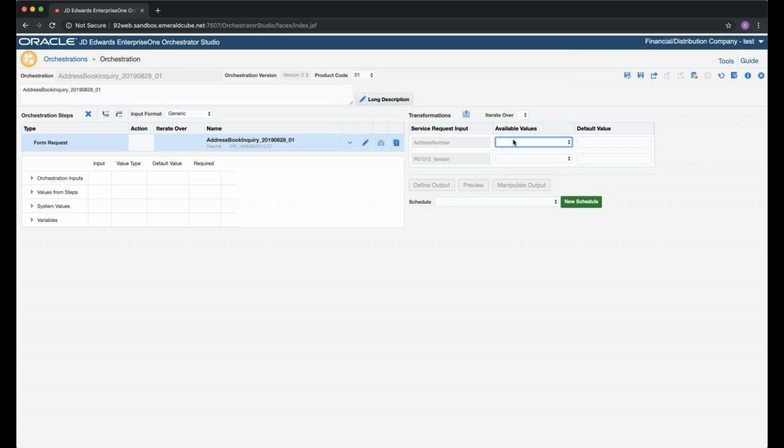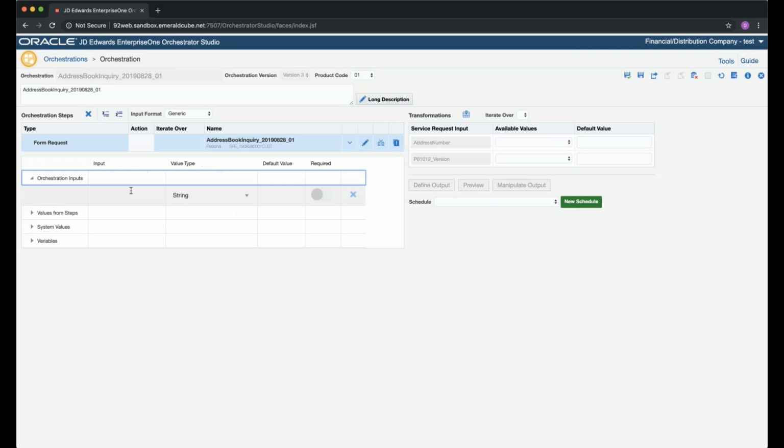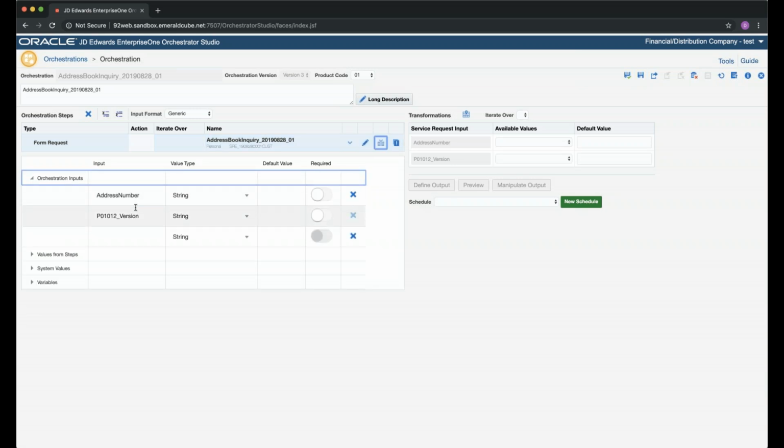Now, if I go to available values, these are the orchestration level values that are available to me. So we have the user address number, which is the address book number associated with my username, we have my username, we have the system date, and the orchestration input. Now, we haven't defined any of these yet, so we'll have to go over to the right side here. Under orchestration inputs, we don't have any values. In this specific case, the easiest way to add the values is to click this little button here, which is the Add Inputs to Orchestration button. When I click that button, both inputs are automatically mapped to the orchestration inputs.